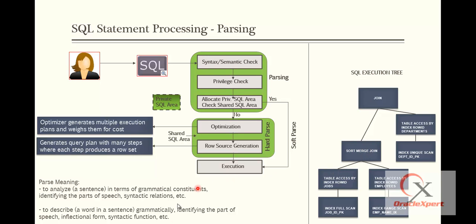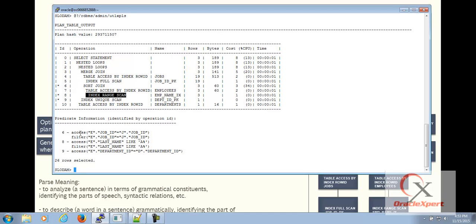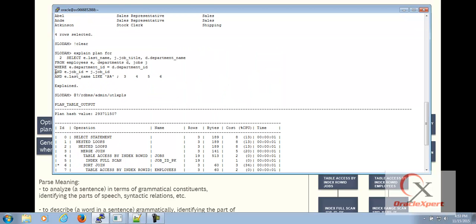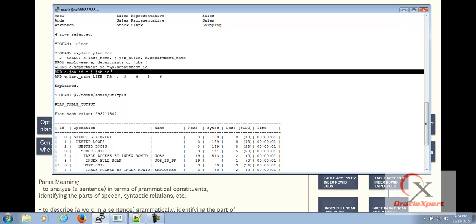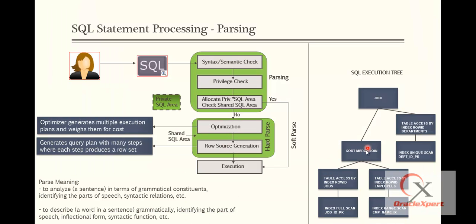So the same plan that you see here, instead of reading a lot of text out of here, I have documented in a diagrammatic representation here. So the most indented step that was there is this step, index range scan emp_name_ix, which means the very first thing,